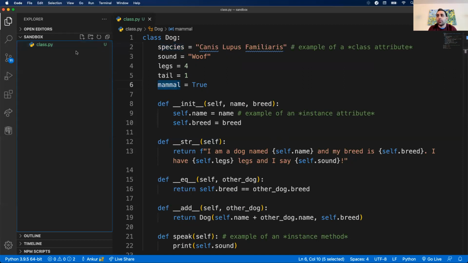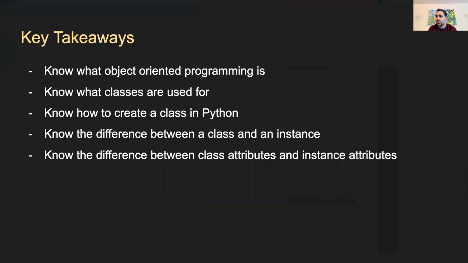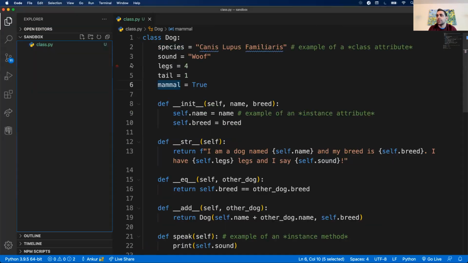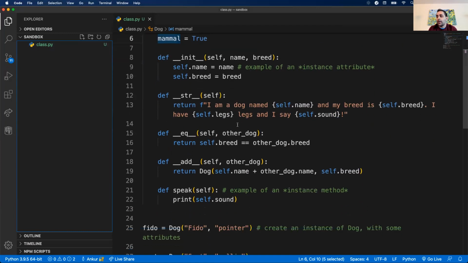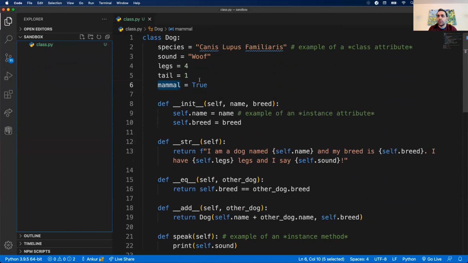But Kyle made a great point, and that is, I think, the last point I want to end on. I know we're at key takeaways. Yes, file organization. That's another part of making your code better. You don't want to just toss everything into one giant file. That's going to become unmanageable and hard to work with. So usually the rule goes, each class that you create should have a separate file. Now this isn't always 100% the case, but for the most part, new classes should be in different module